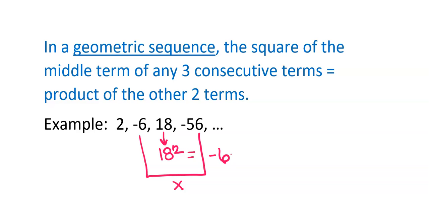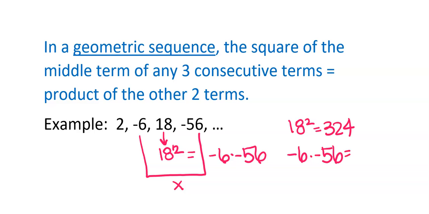So -6 times -56 should equal the same thing as 18 squared. So 18 squared is 324, and -6 times -56 equals,